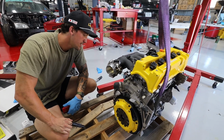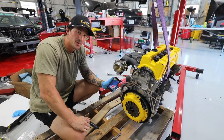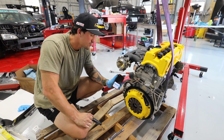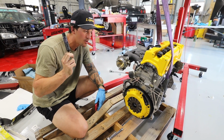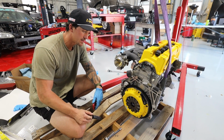ACT clutch installed. Tim, time for the trans. Trans goes on now, guys. This engine has been on the engine stand for like 6 months. Yeah, it was hidden for a while too. This is so cool that it's finally to this point where we're about to put the trans on, drop the engine into the car. Very, very cool moment. But okay, let's put the trans on, bolt everything down, and this thing should be good